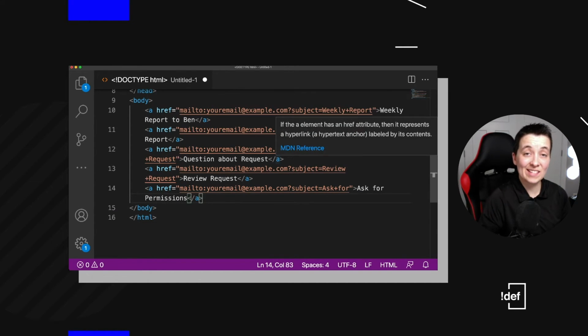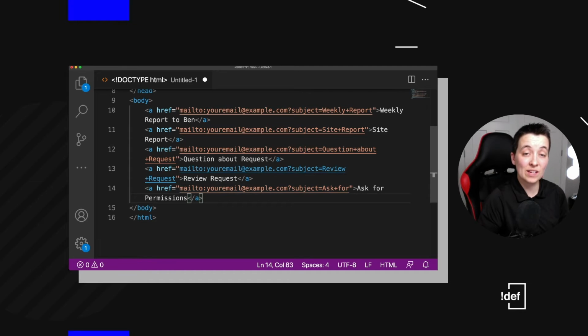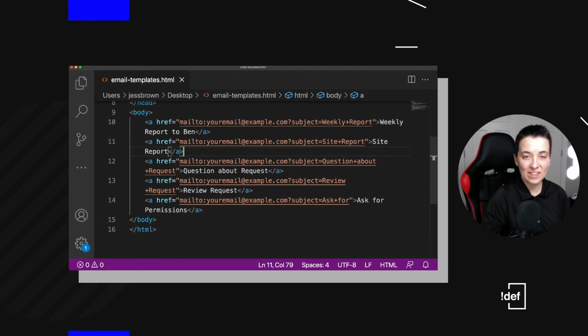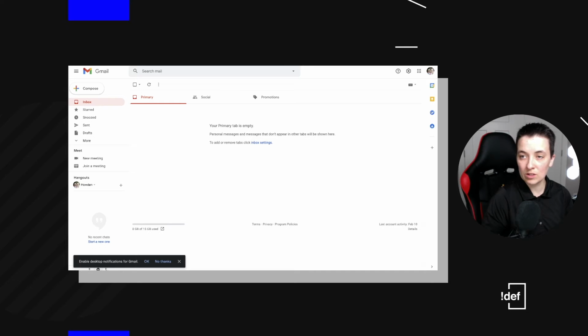So let's go ahead and save this, and we'll see what happens in our browser as we've built these 5 links. And let's see what happens. So I'm going to save this. All right. So now that that is saved, I can actually go to my browser, and what I'm going to do is I'm going to drag, I saved this on the desktop, so I'm just going to drag the file